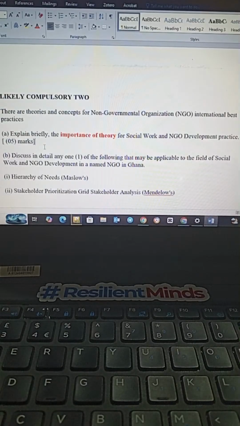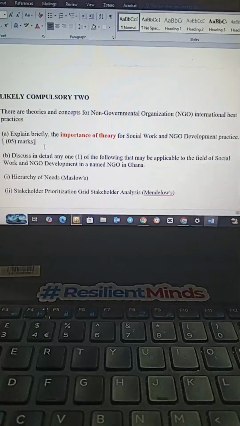So theories help predict outcomes, and I think we can also say that theories ensure accountability. Theories always seek to provide a baseline model to help donors and evaluators measure the success of their programs. If you go to the field, they will give you funds to do projects. After you do the projects, we need to evaluate to see if the project has achieved its goal or not. And what will help us to do that? A theory. So these are all the relevance of theory in social work practice.